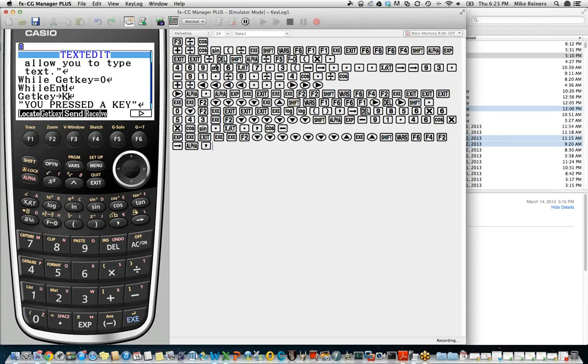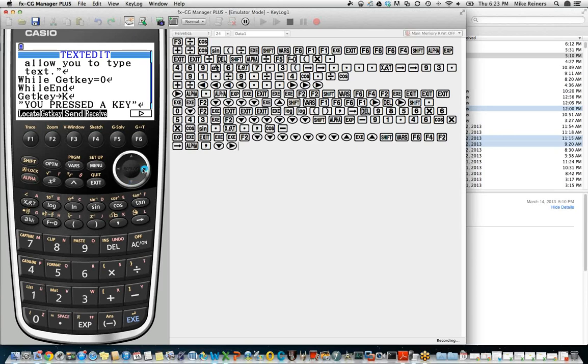The keys are numbered, and I'm going to show you the numbering grid and diagram in your manual. This is a major thing that I find myself returning to the manual often. In fact, I have this page of the manual printed out so that when I'm using get key, I always know which keys are numbered what. We're going to store get key into k.